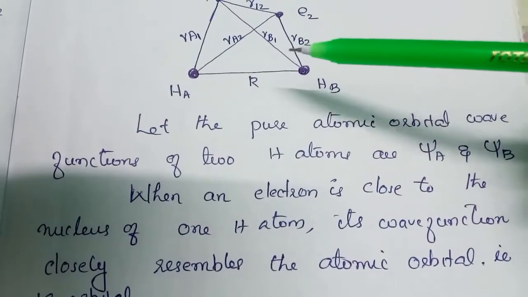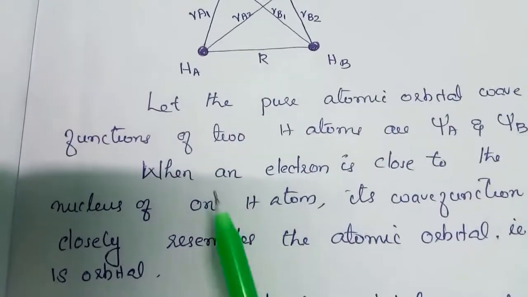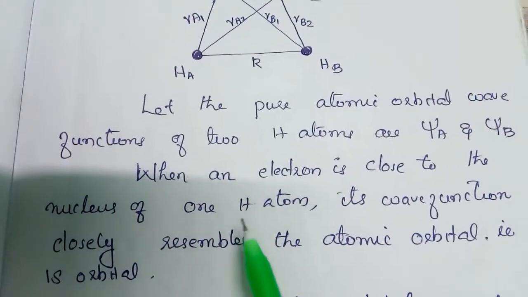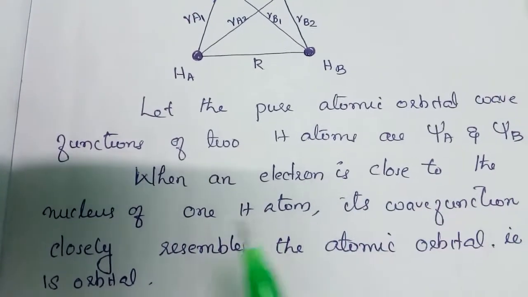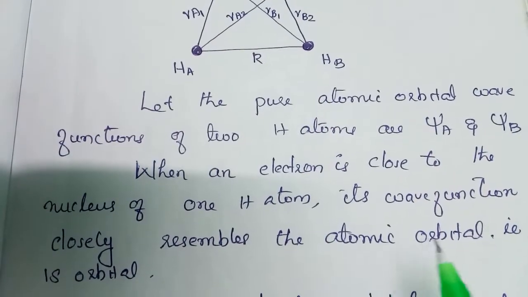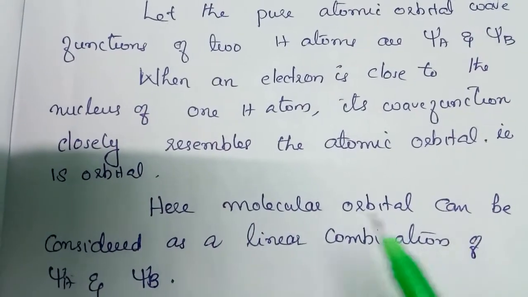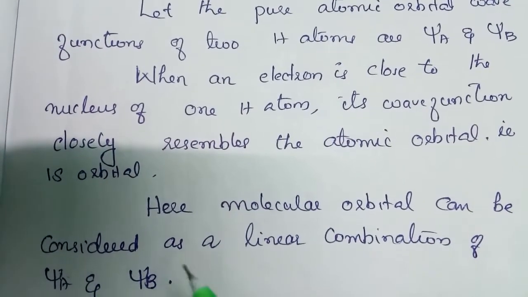the electron is under the influence of both the nuclei, and here this is one of the conditions, that is, when one electron is close to the nucleus of one hydrogen atom, its wave function closely resembles the atomic orbital, that is 1s orbital. So here the molecular orbital can be considered as a linear combination of psi A and psi